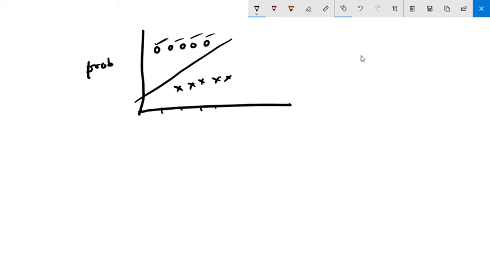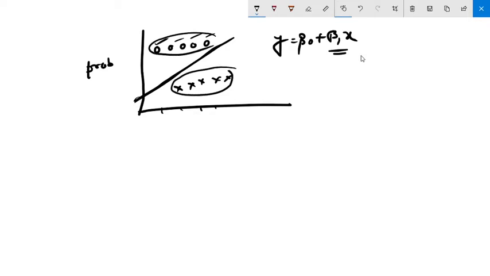Okay. So in this case, if you use a linear regression model, which you already have learned, like y equal to beta 0 plus beta 1 x, in this fashion you cannot do much about it because the data are of binary nature, all data are on one side, another data is on another side. So this straight line, which is linear regression, is not at all helping us. Okay. So in such a situation, if you can transform this linear regression model to a logistic regression curve, then it would somewhat help us.